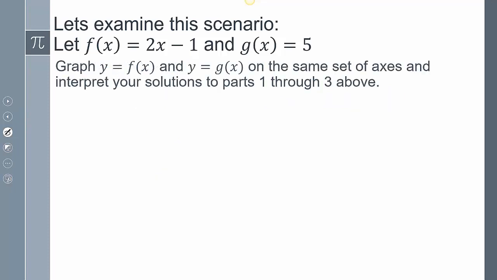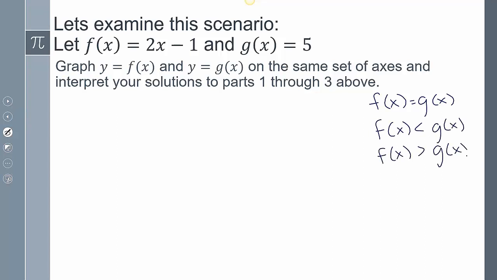And so this next part says graph y equals f of x and y equals g of x on the same set of axes and interpret your solutions from parts 1 through 3. So my three things we said was f of x equals g of x, we said f of x is less than g of x, and then we said f of x is greater than g of x. So let's take a look at those. Now if I graph them,